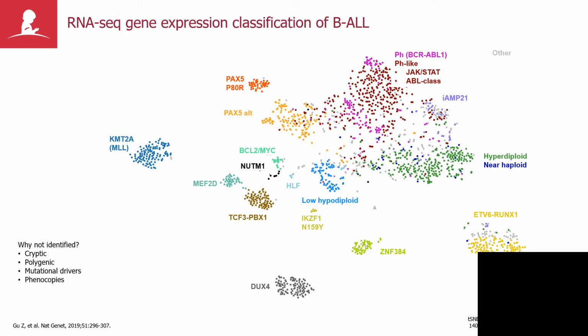So in the next few slides, I show some examples of these data and make some points as to why the lesions are important diagnostically, biologically, and therapeutically, and also to make the point that really we need sequencing-based approaches to accurately identify these patients with these new alterations. And this is because many of these alterations are really not amenable to conventional cytogenetic analysis because the alterations may be cryptic or subtypes are polygenic with multiple co-lesions or multiple phenocopying lesions defining the same type of leukemia, or as I've mentioned already, there can be mutational drivers of leukemia subtypes.